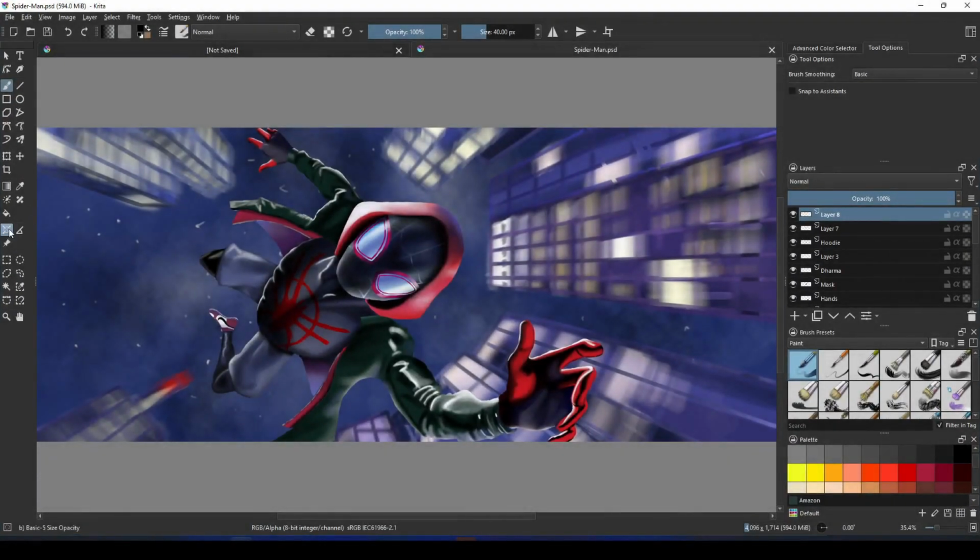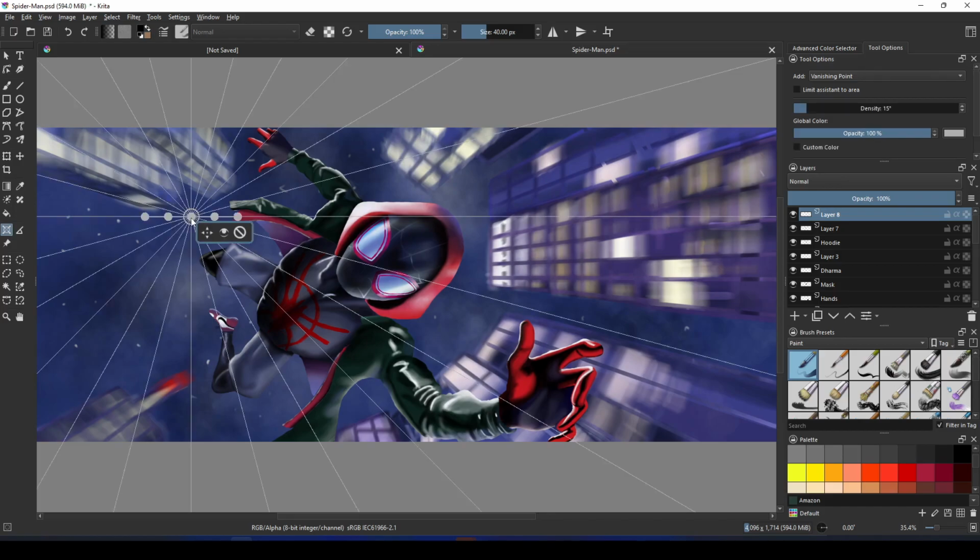In Krita, you can easily create one point or more vanishing points with assistant tools. We can change the parameters by going to Tools options. By default, it uses 2-point perspective. But if you drop the menu, there are tons of options, 10 to be precise. For this video, we will try the vanishing point, as this alone can create multi-point perspective. This will create just one vanishing point at whatever area you click the mouse or tap with pencil on tablet.